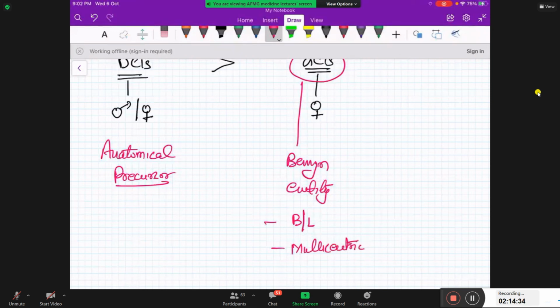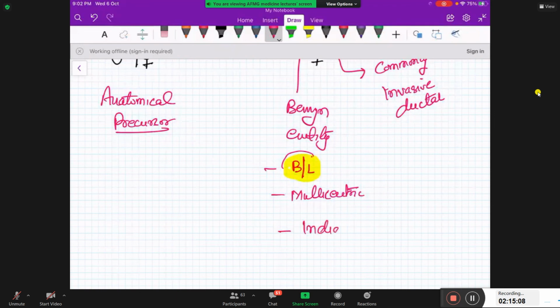And this lobular carcinoma in situ commonly transforms into invasive ductal type. It is a lobular cancer, but it commonly transforms into invasive ductal type. And this bilateral point is very important. It is commonly bilateral, and it has